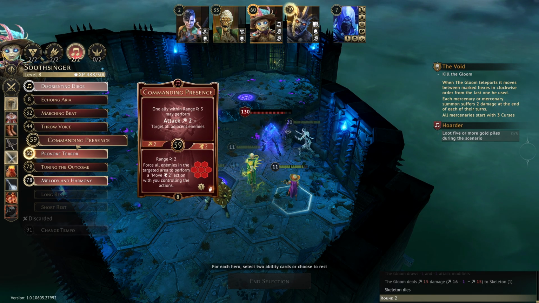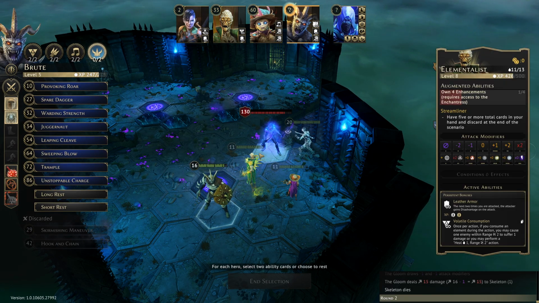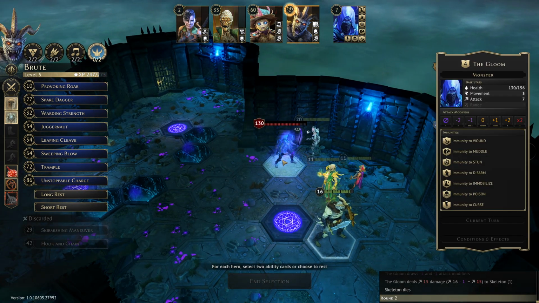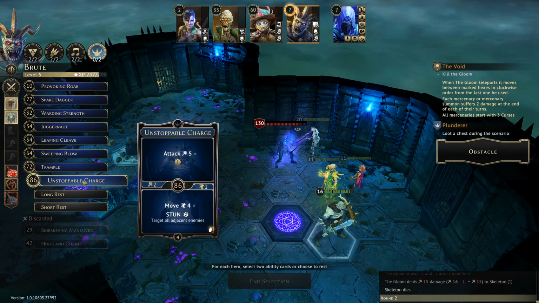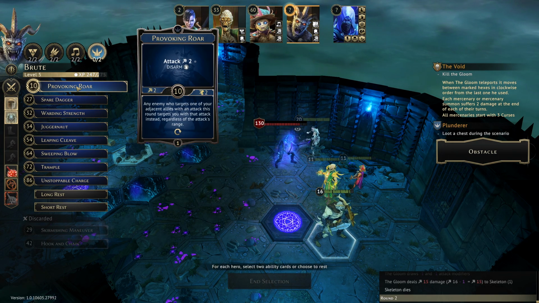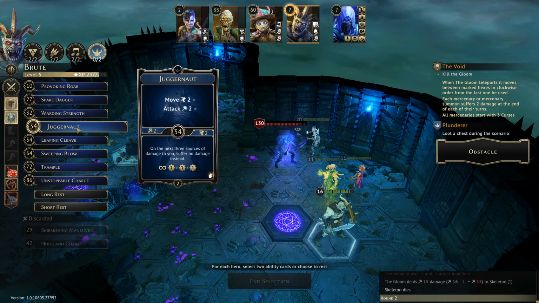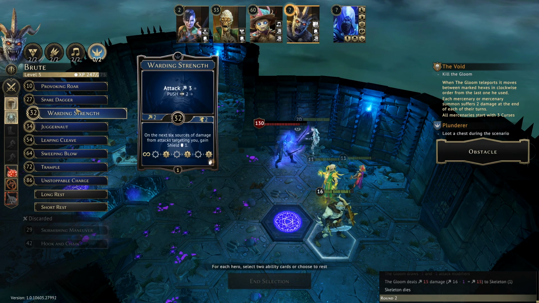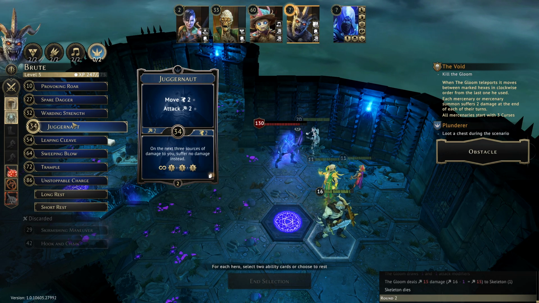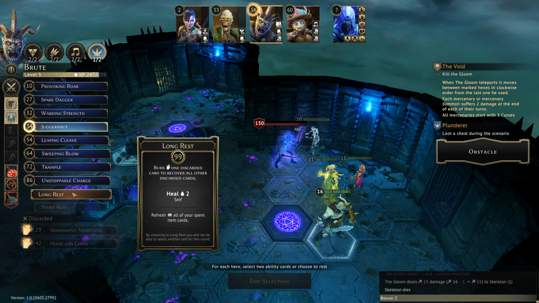No, we don't. Fine. Over here, we need to move before we attack, really. We move 2 with Provoking Roar. We should probably put Juggernaut on eventually, because that's 3 free attacks we can tank. That's on bottom. We can do...